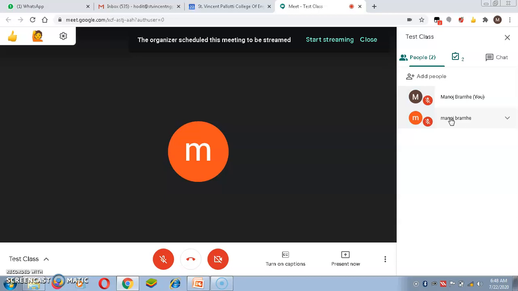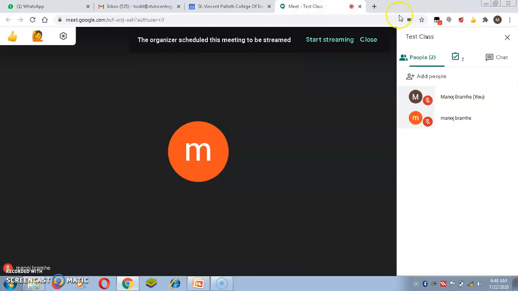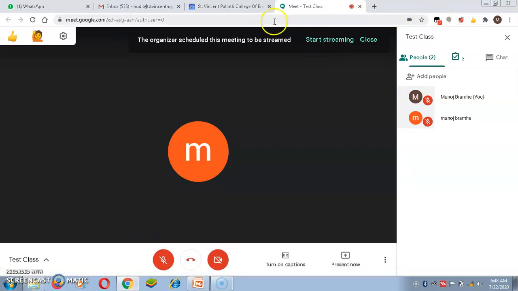If you download it, it will be automatically installed in Google Chrome, and then this type of click icons will be added here. Suppose I click here, then automatically it will open a Meet Attendance Excel sheet, and it adds all the attendance which is available in your Google Drive. So this is a perfect way for taking the attendance.